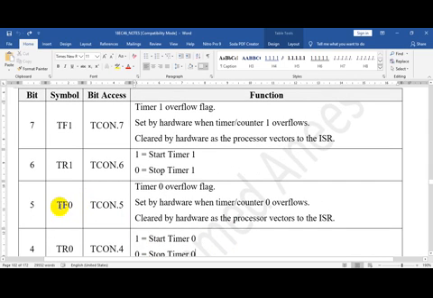The next bit is TF0, it stands for timer overflow. As I have said, whenever your timer overflows, that is from FFFFH to 0000, then this bit is set, to indicate that whatever delay you had set has elapsed.